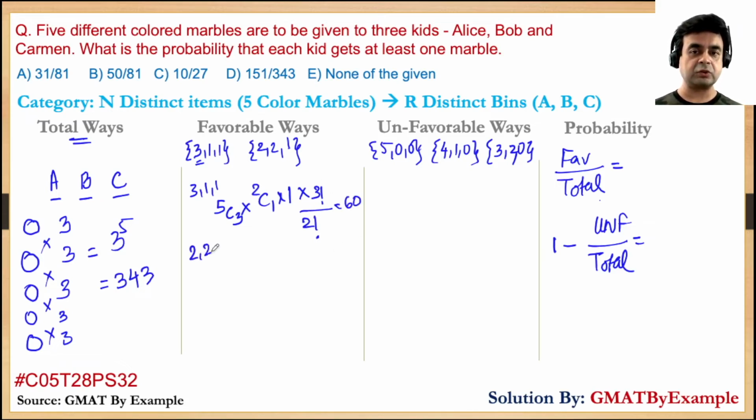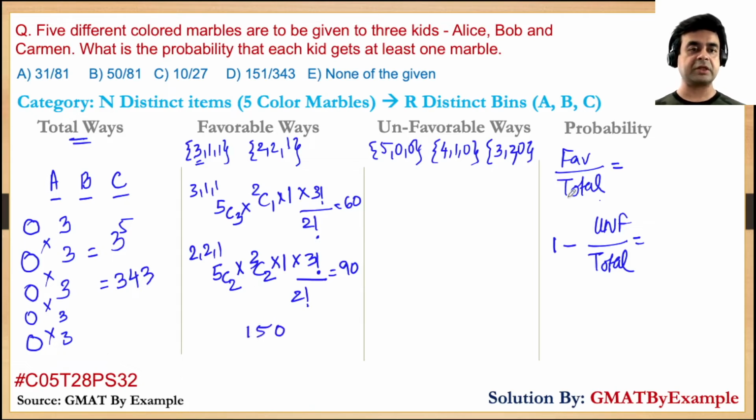The next is 2-2-1. There is 5C2 ways of selecting 2 marbles and giving it to the first kid, multiplied by 3C2 ways of selecting the 2 marbles from the remaining 3 marbles to give it to the second kid, and the third kid would get the remaining marble. Again, there are 3 factorial possible arrangements divided by 2 factorial, since 2 is common, and we get 90 in this case, which gives us a total of 150